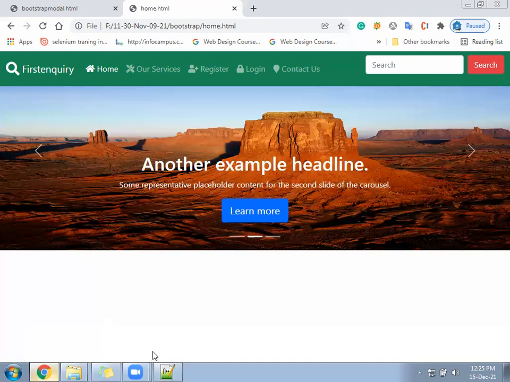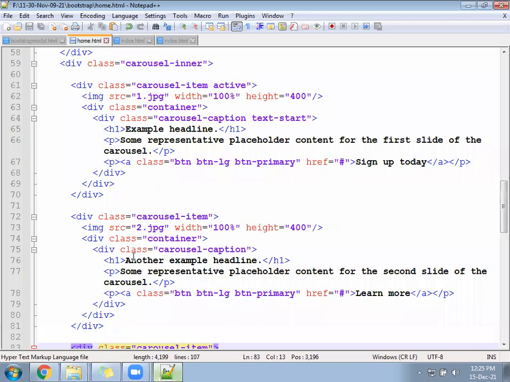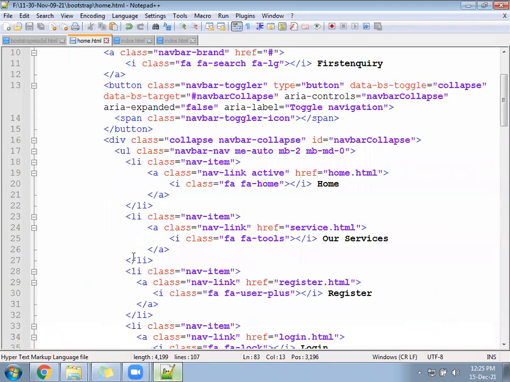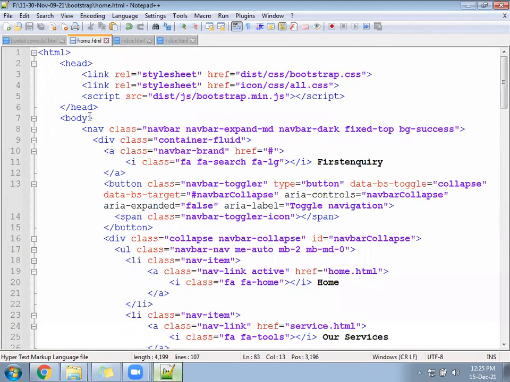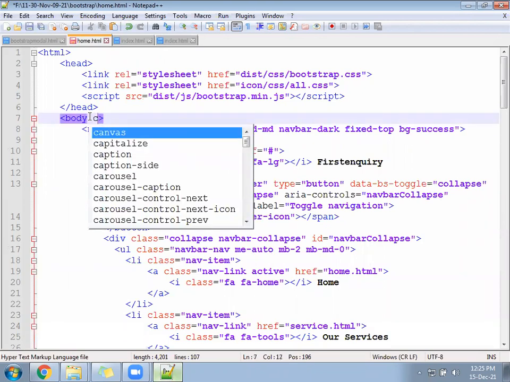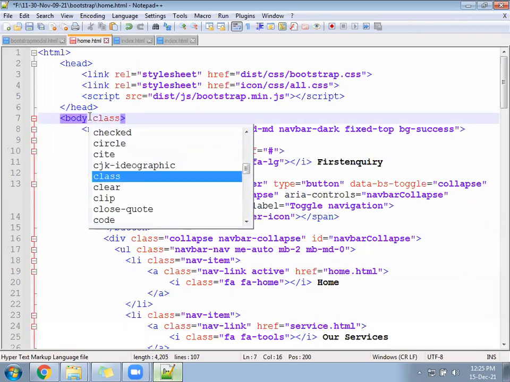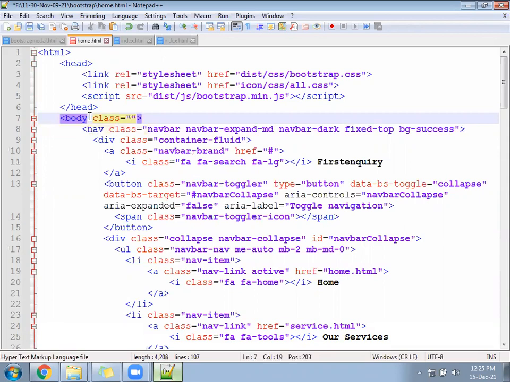So you will come here, and inside this file you have the body tag. Inside the body tag, you will follow a class called PT5, padding top 48 pixel. The navigation we have is a fixed navigation. It will be on the top, but the remaining content of the body will leave 48 pixel from the top and then it will start. That is called PT.